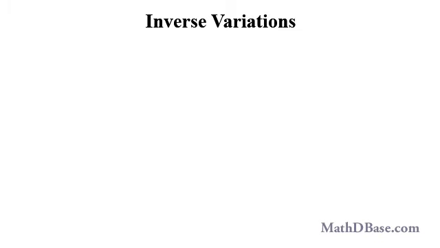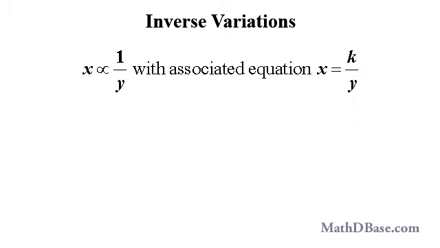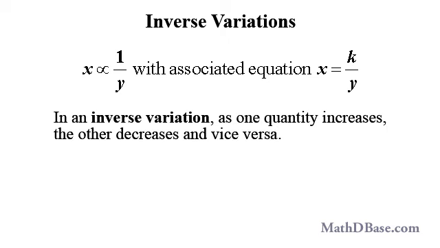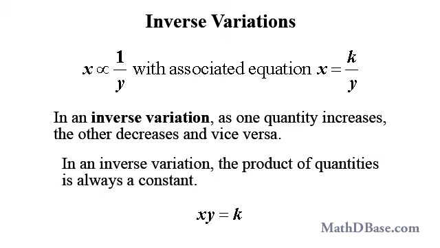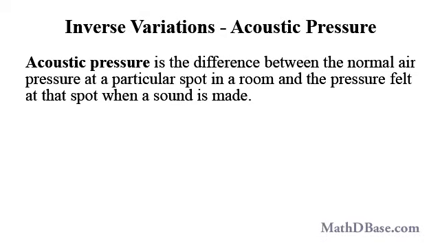In an inverse variation, one quantity varies as the reciprocal of the other. In symbols, x varies as 1 over y. The associated equation is x equals k over y, where k is the constant of proportionality. In inverse variation relationships, as one quantity increases, the other decreases, and vice versa, and the product of the quantities is always a constant. In the study of sound in physics,